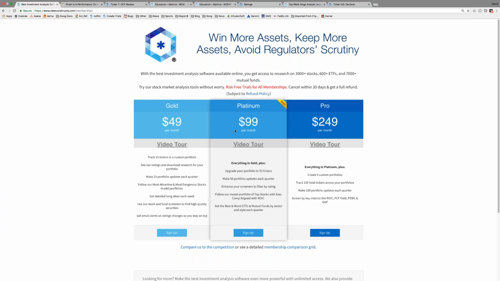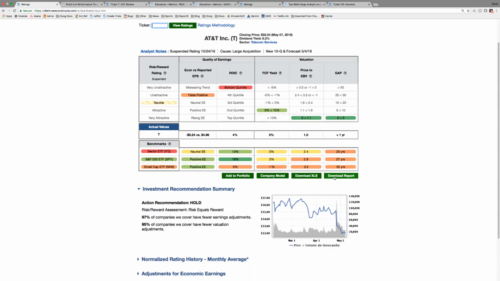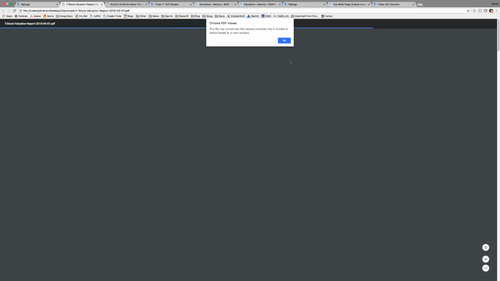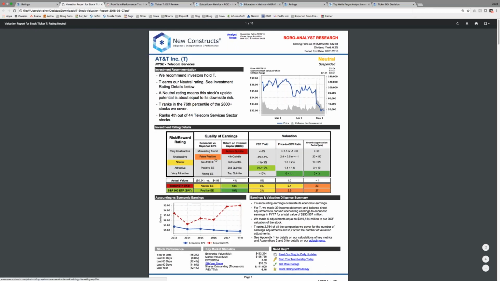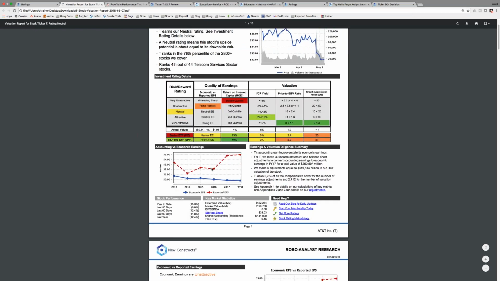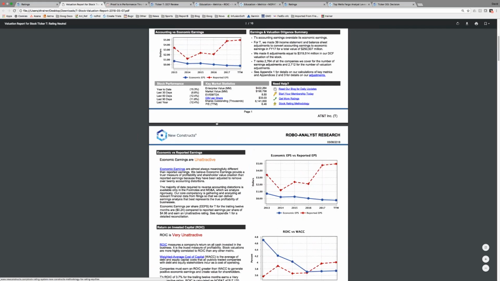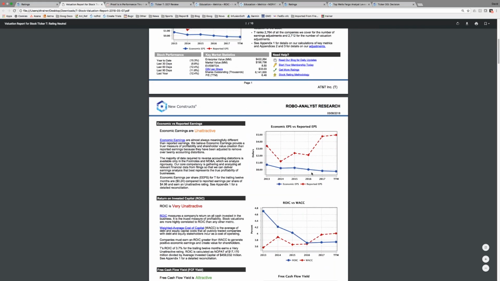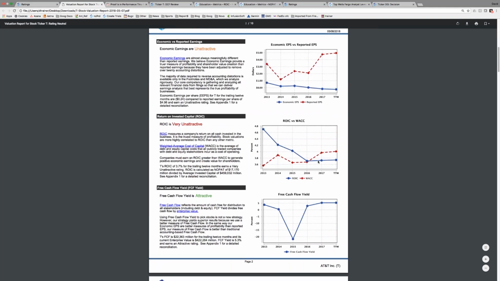The retail product on Interactive Brokers gives you access to our reports. So if we're going to show reports, basically the reports are also available on our site. If you're looking at any particular company and you want to download a report, here's the report. It's the same thing you get on the website with a little more detail. You're going to get the rating, and then you're going to see historicals on what the rating components have shown over time. So you're going to see how economic earnings have compared to accounting earnings, how return on invested capital is compared to the cost of capital,